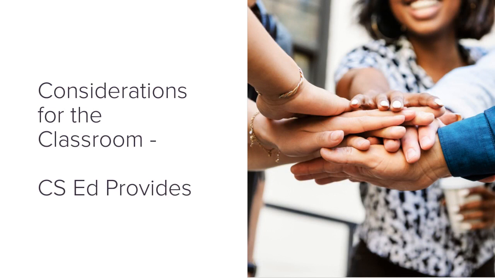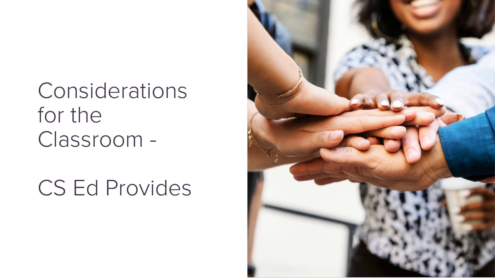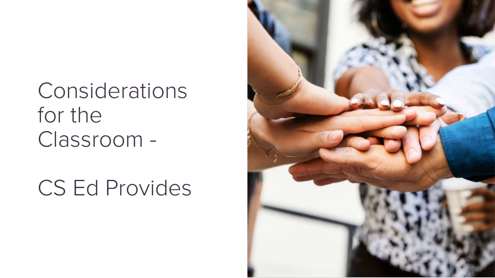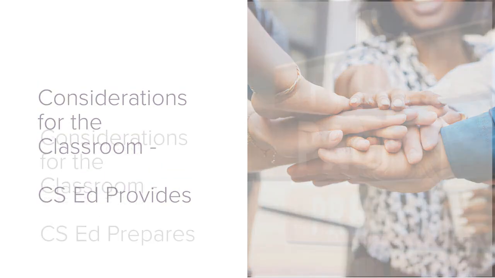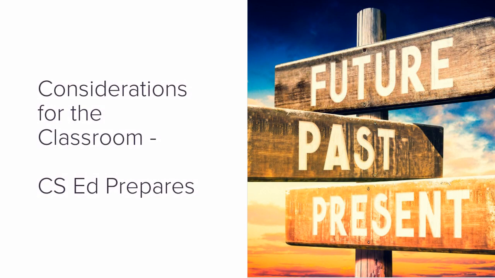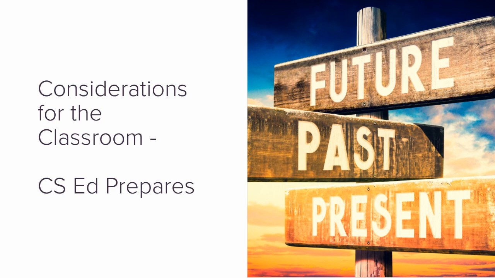So, what might be some considerations for us as computer science educators or coaches in order to leverage computer science ed as the skill developer that the Brookings Institute refers to? I've been giving this a lot of thought, and I believe that it just has to start with our relationships with students. When our students trust us as educators, when they feel comfortable and supported and seen and heard in our classes, they're more comfortable to take risks, to try new things, and to develop those skills that will help them later on. Let's talk now about how we might leverage computer science ed to help prepare our students for their futures, no matter which career paths they might choose.